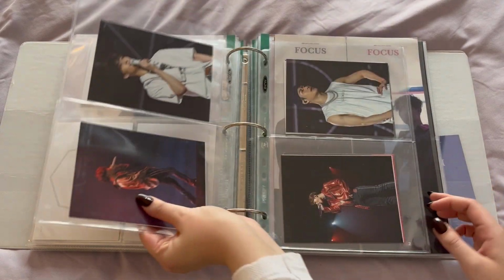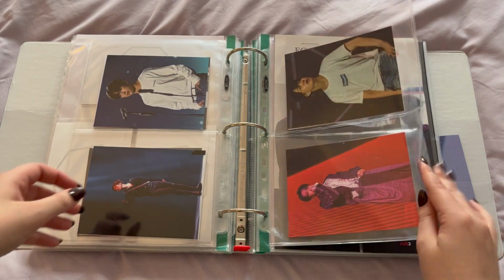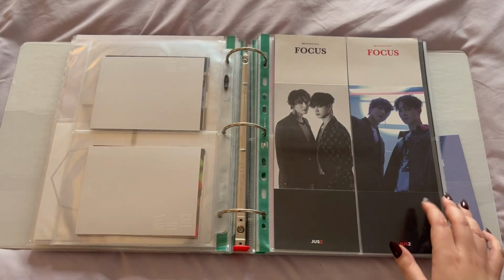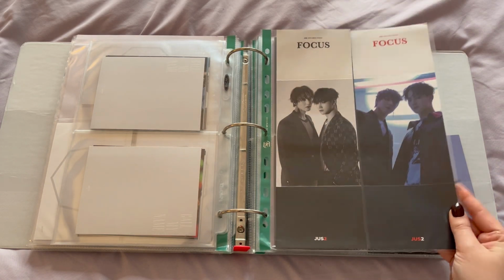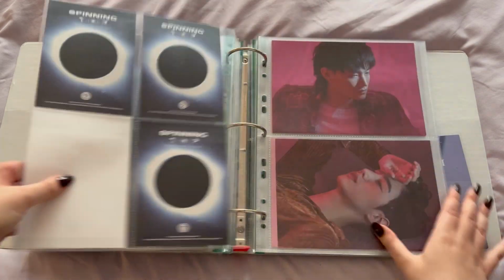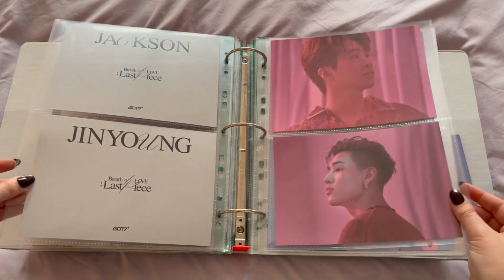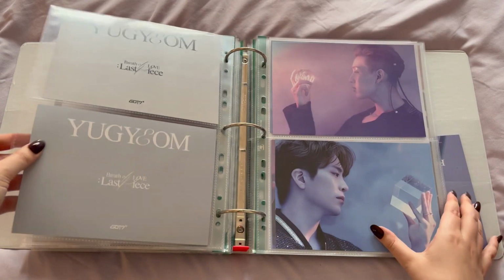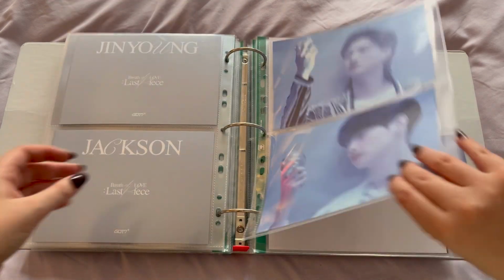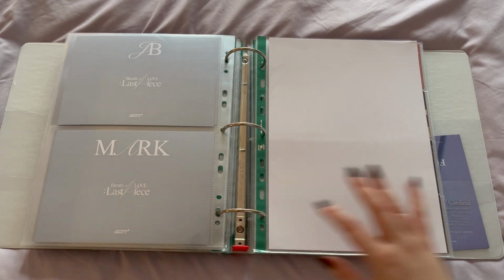the, I think it's Call Your Name, oh my god, the Call My Name ones, or the Eyes on You ones. I don't even know, are they? Yeah, they are Call My Name. And then the Focus things, Spinning Top postcards and stickers, and then Breath of Love postcard sets. Because yeah, JYPE has a lot of those kinds of things, especially Div 2 likes to give out postcards